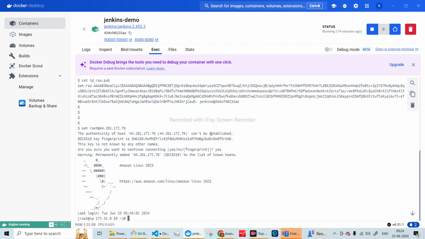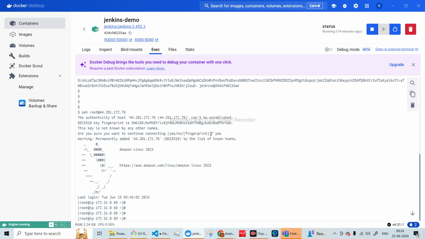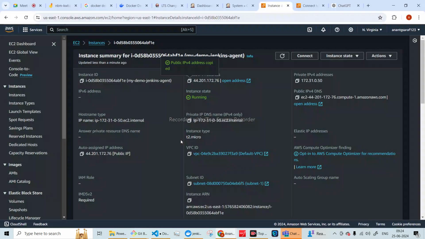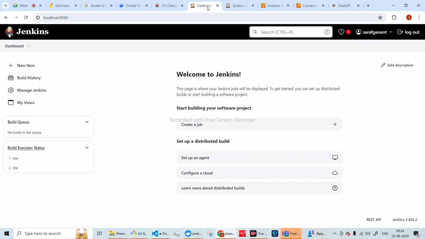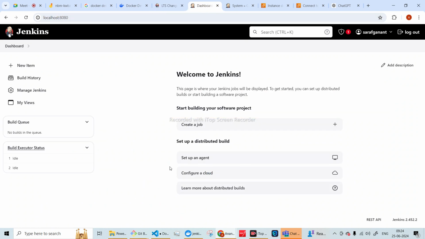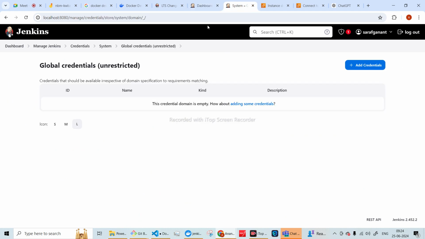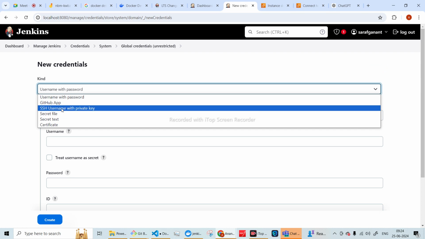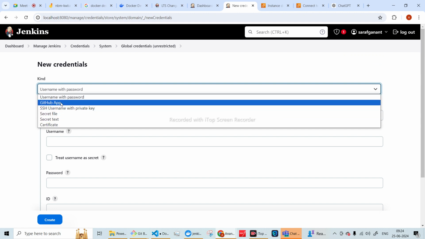So initially, we are able to connect to our Jenkins agent from our container. Press Control D, and go inside your Jenkins. Here we are going to add the credentials. We will use SSH username with private key, secret key dot text,